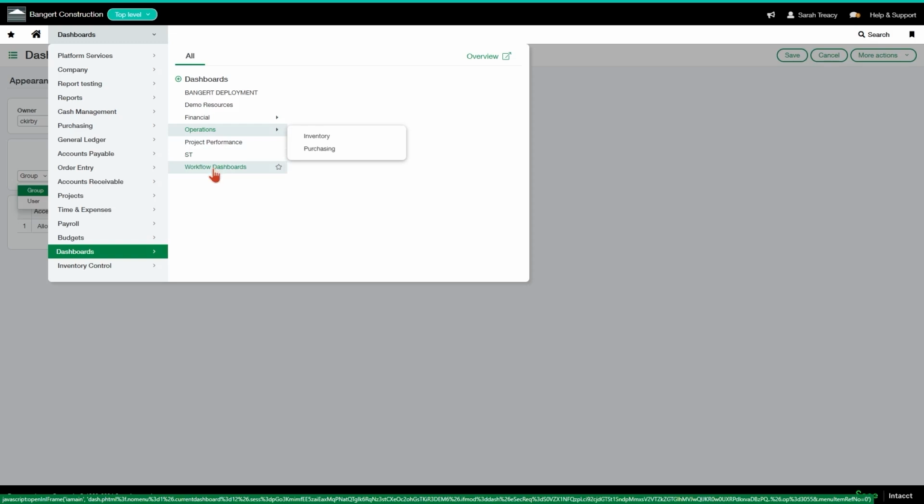You also have the option to do workflow dashboards, which is just going to make your life easier. Let's say you have a particular workflow that you do. My best example would be payroll. You would set up a workflow dashboard for your payroll that has custom navigation to tell you exactly where in the system you need to go. So rather than clicking around and trying to remember where you have to go in the system to do things, you have your workflow dashboard set up. All you have to do is go to that and click into the particular links.